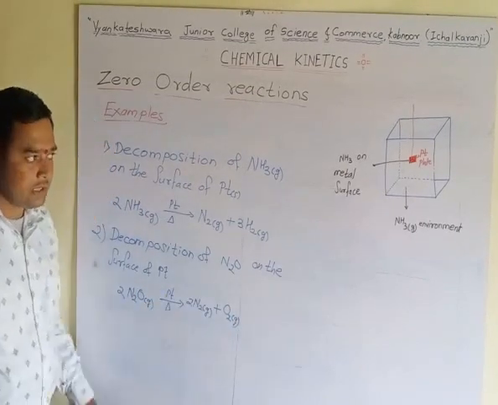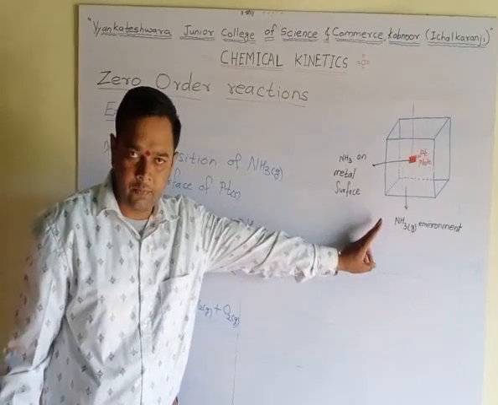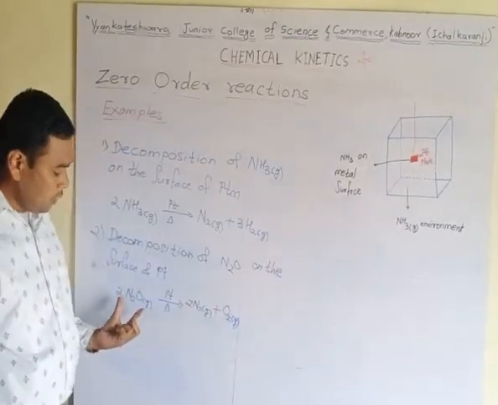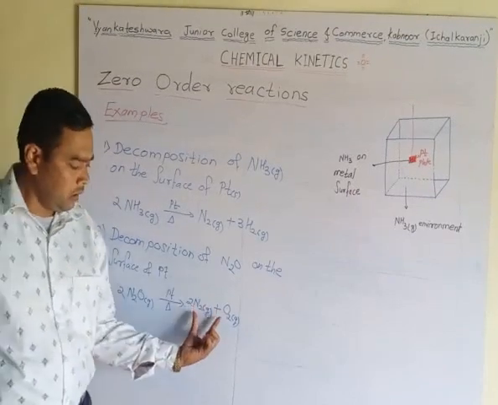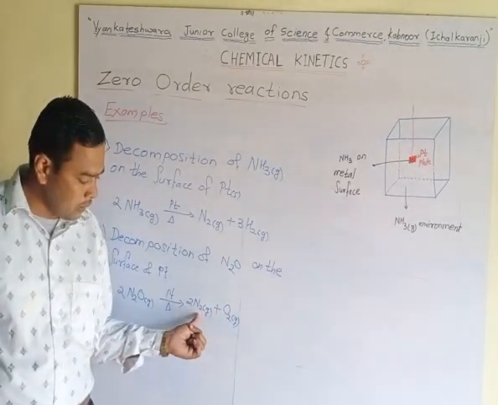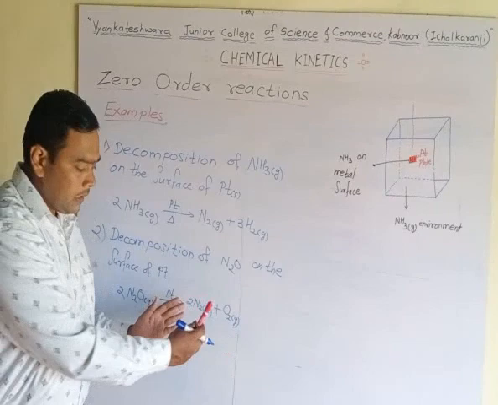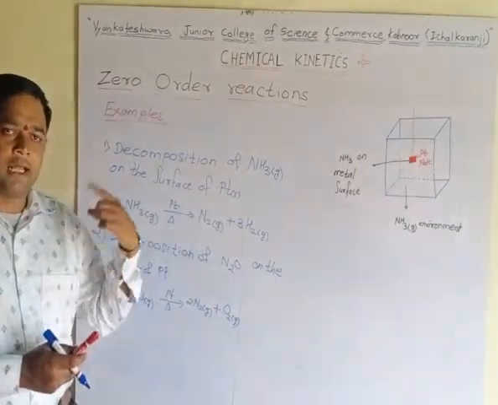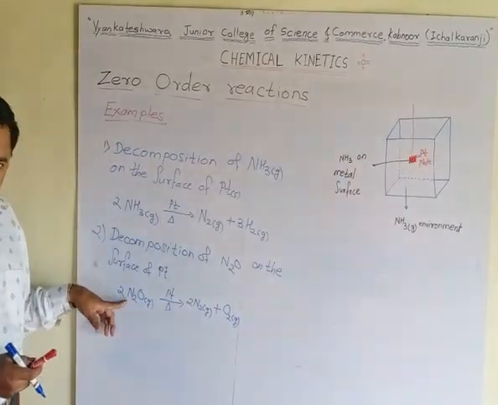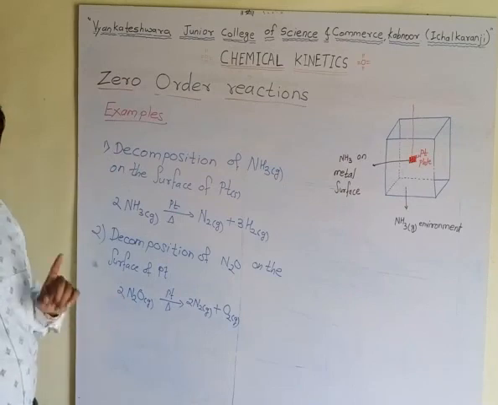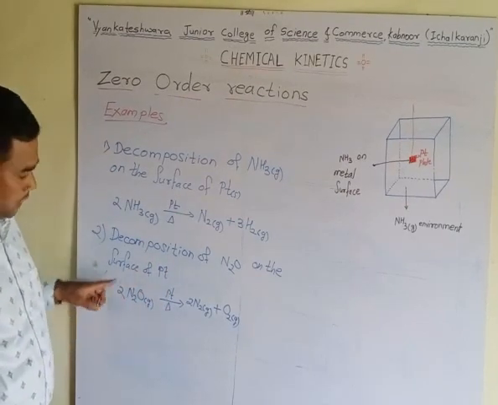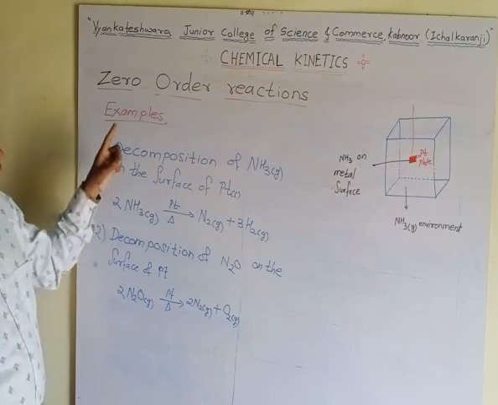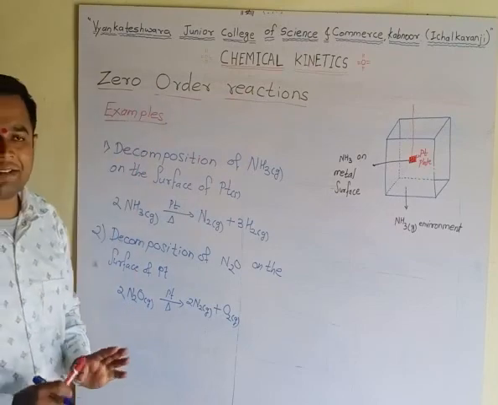This explanation is similar to that of this figure. The concentration of nitrous oxide N2O is higher as compared to the decomposition products N2 and O2. When they come off the metal surface, they again form N2O by the reverse reaction. Hence, the rate of reaction is independent of the concentration of N2O. Hence, these two are examples of zero order reaction.